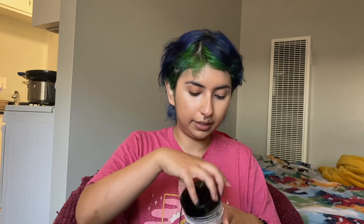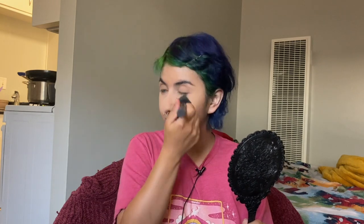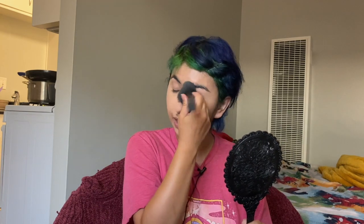Okay, now to set everything, I have this Wet n Wild translucent powder. And I really like this powder because I used to be bougie and get the Laura Mercier one that's like 30 bucks. And it's really good, but I use a lot of powder and it got pricey. And this one is so good. I love this one. Whenever you guys see my other videos, this is what I'm wearing. And it holds on pretty well when I'm skating and sweating. So I really love Wet n Wild products and I love that they're affordable